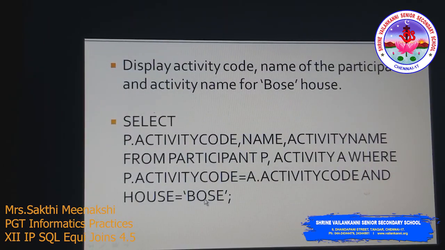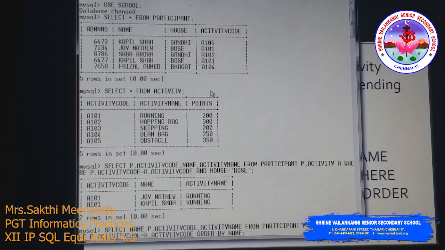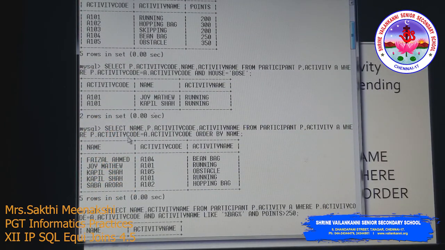Okay, the next query: display name of the participants, activity code, and activity name in alphabetical order, in ascending order of names of participants. So what are the column names first? Name of the participant is from the participant table, activity code we can get from either table, and activity name we have to get from the activity table, right? So the query is: select name comma P dot activity code.